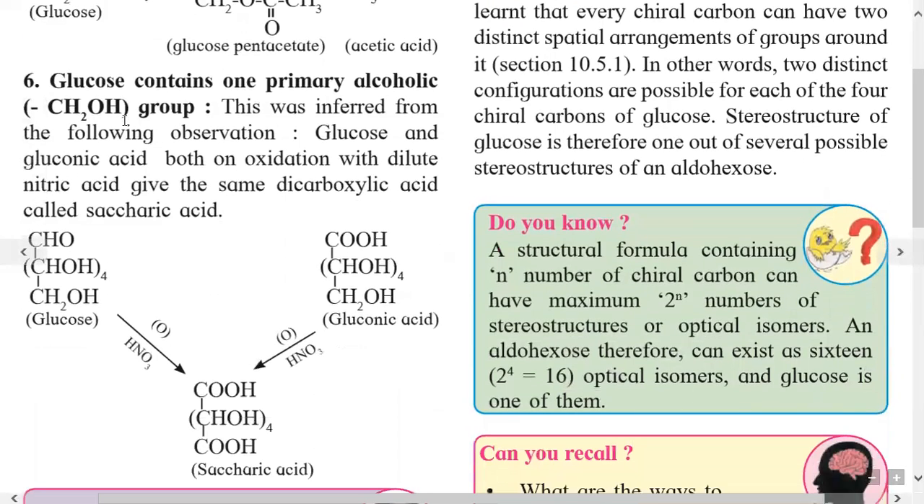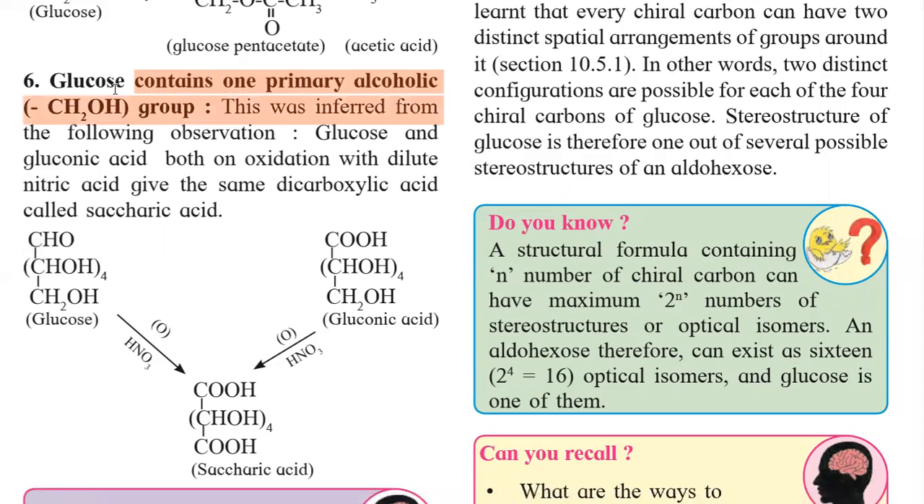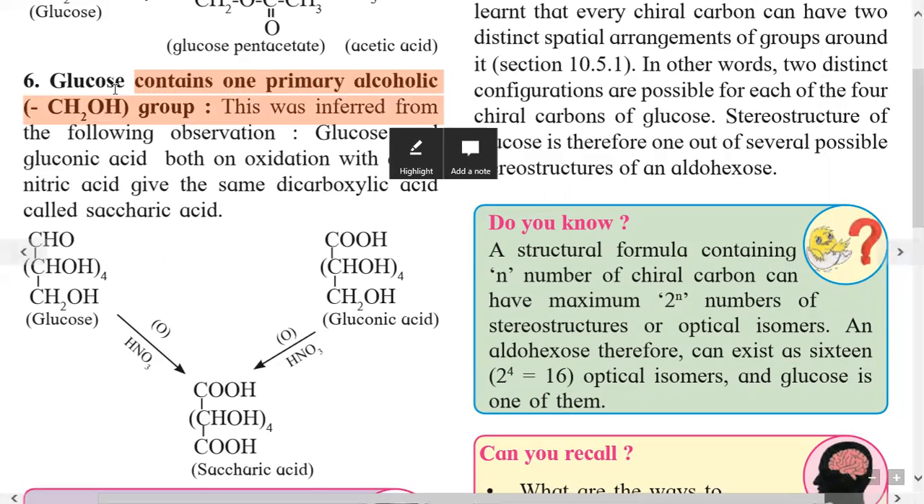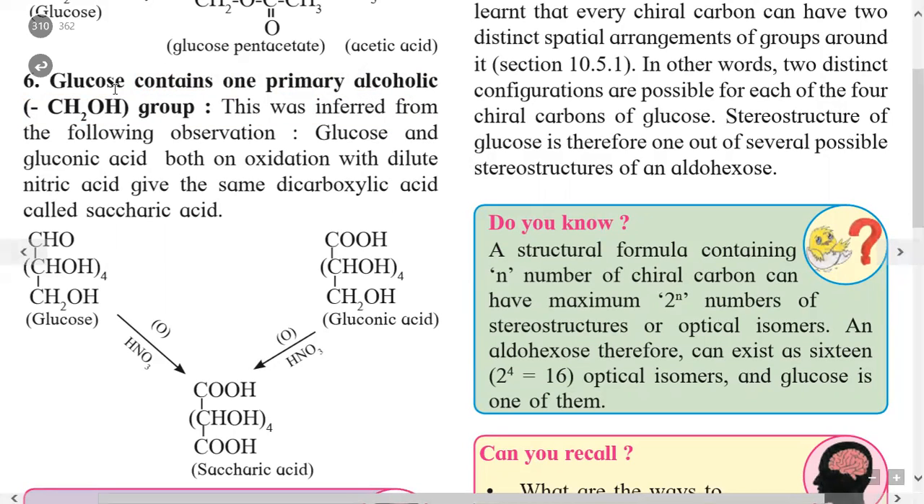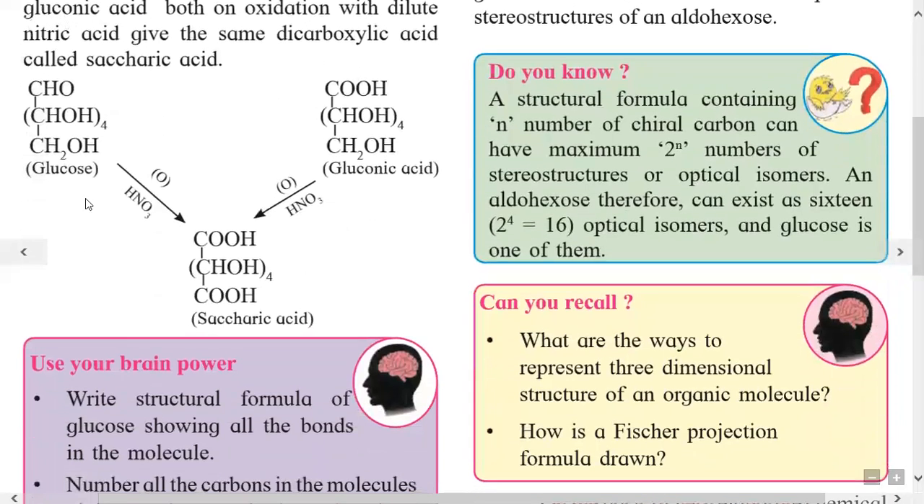Then glucose contains one primary alcoholic group. The primary alcoholic group is CH2OH, and this is tested with nitric acid, which is an oxidation reaction. This is a glucose molecule, that is CHO, CHOH 4 times, CH2OH. Here CH2OH is a primary alcoholic group. When treated with nitric acid, which is a strong oxidizing agent, here dilute nitric acid,